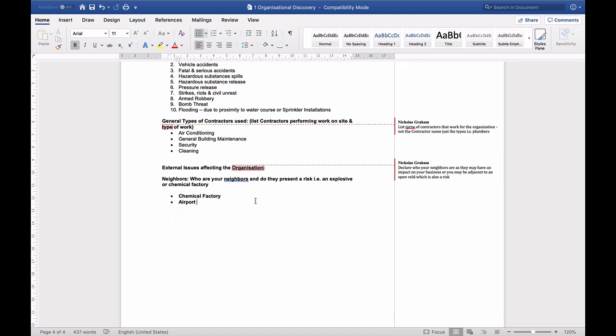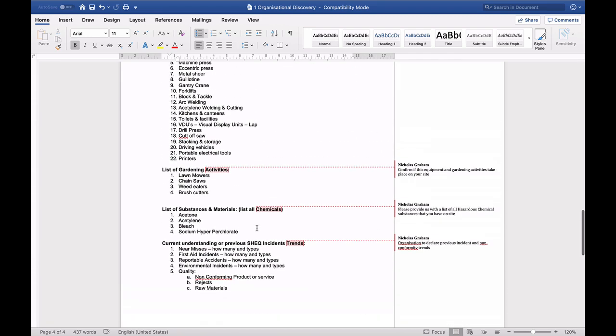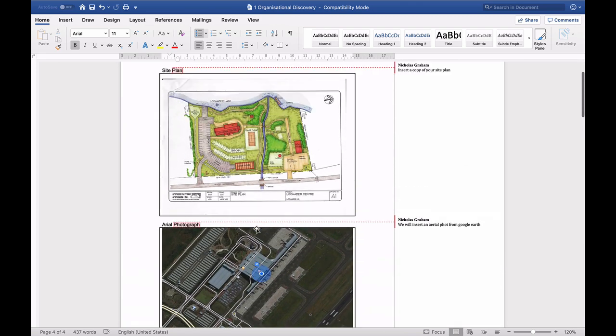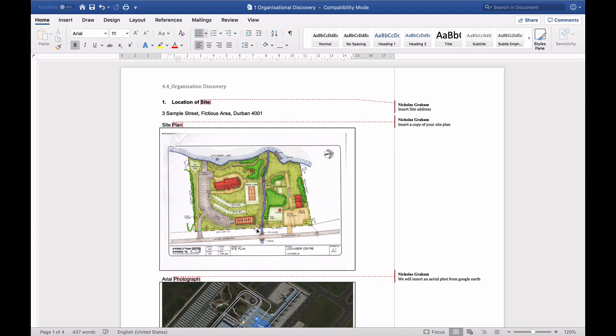Who are the neighbors to your facility? Is it a chemical factory? Is it an airport, etc.? All of which are external risks which could obviously influence your management system. So there's a brief overview of a tool that we use to help an organization to identify all of their activities, products, services, substances, plant, and